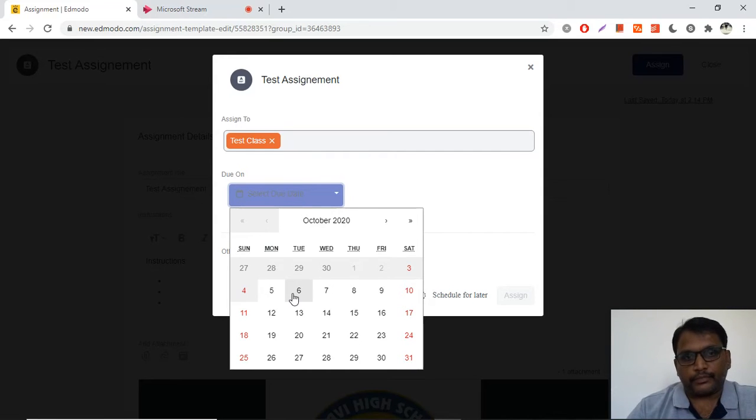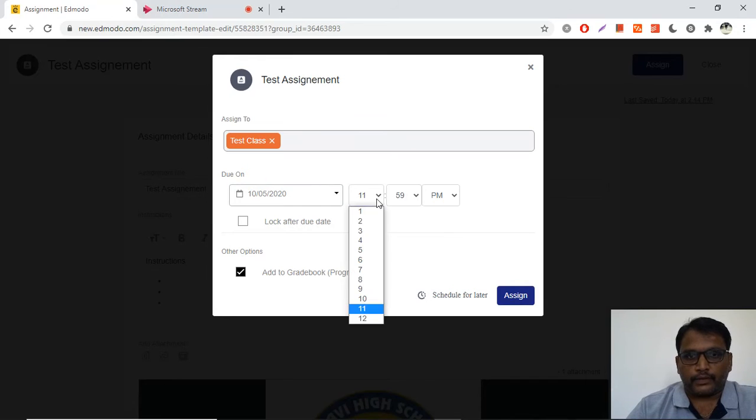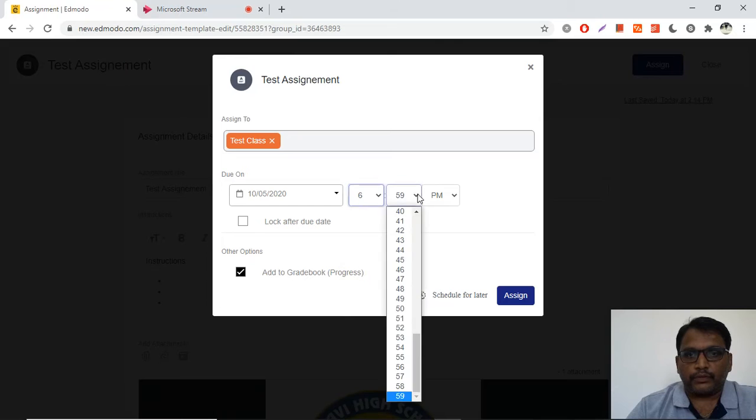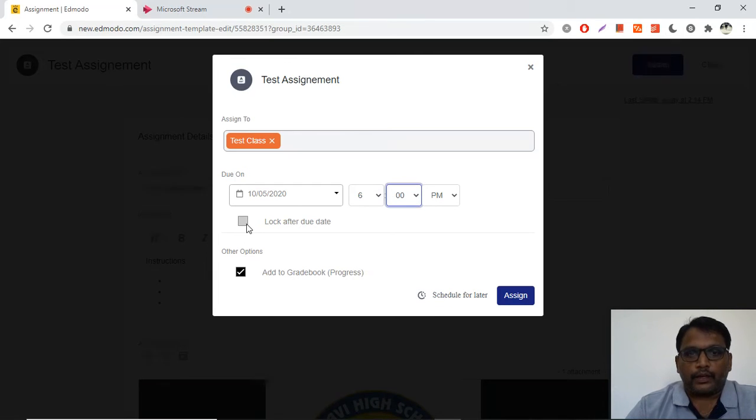So let's say the 5th, and the time. Children have to submit the assignment before 6 p.m. and lock after due date, which means once this option is checked, children cannot submit after the due date. And don't forget to add this to the grade book so that you can give grades for the work that is created.